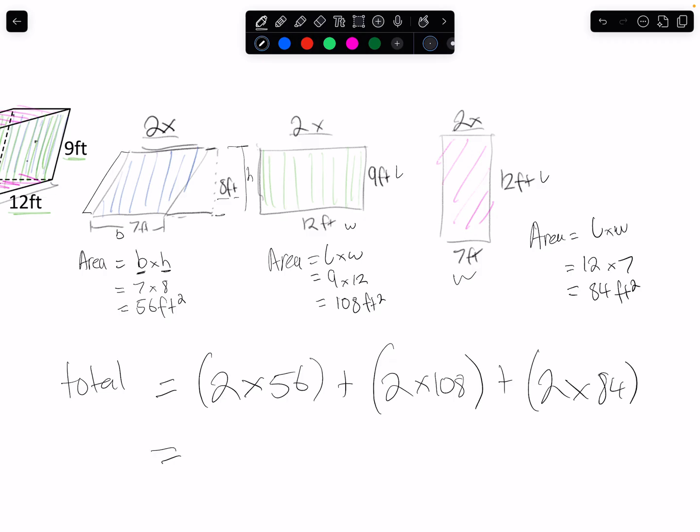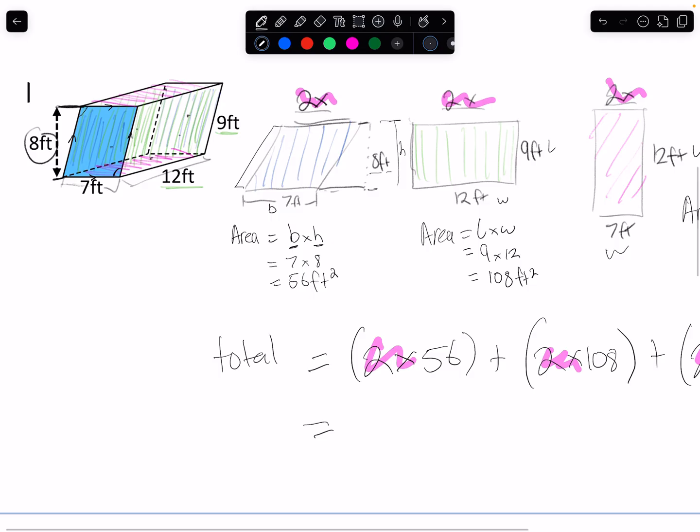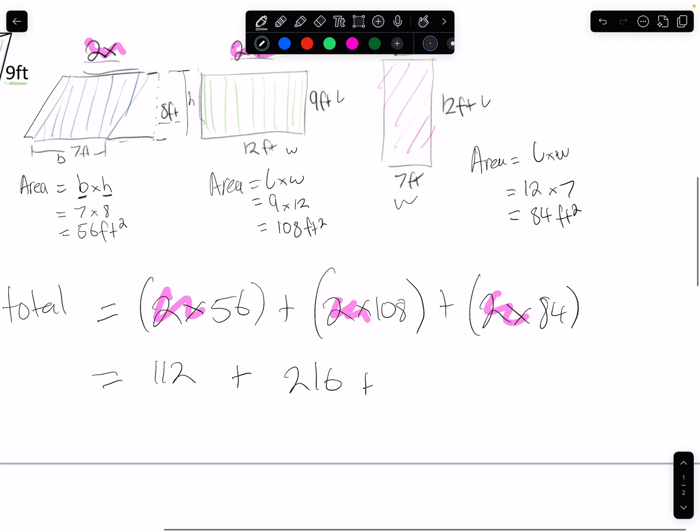Now remember, these come from the fact that we have 2 of those shapes in our prism, right? So 2 times 56 is 112, plus 2 times 108 is 216, plus 2 times 84 is 168. Adding all those together,